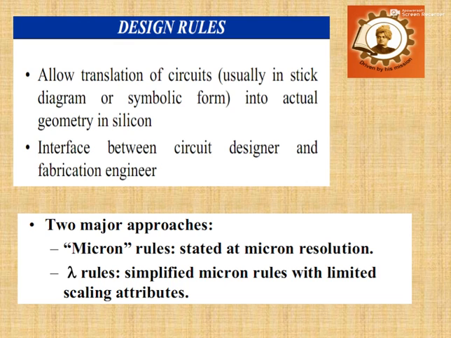Depending upon these rules we can make a layout. The layout must be drawn using a proper scale and specific rule. The set of rules are known as design rules. Typically design rules are spacing between objects, minimum width, minimum overlap. There are basically two types of design rules: one is called micron rules, another is called lambda rules.